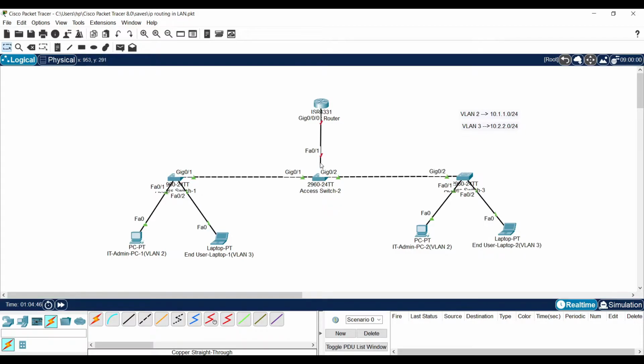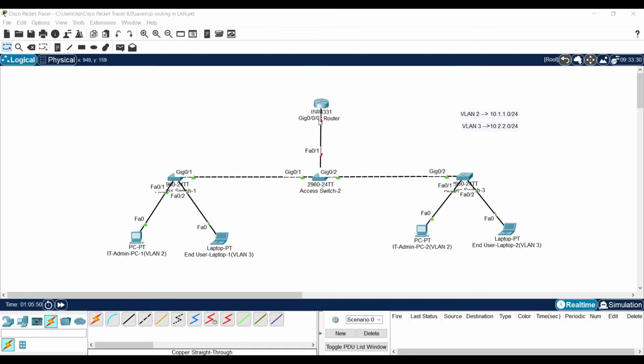I can configure this link, this switch interface FastEthernet 0/1, in trunk mode. If I configure like that, the traffic belonging to these two VLANs will be tagged with 802.1q VLAN tagging, and it will be transferred to the router. But does the router understand what it receives? No, it will not.